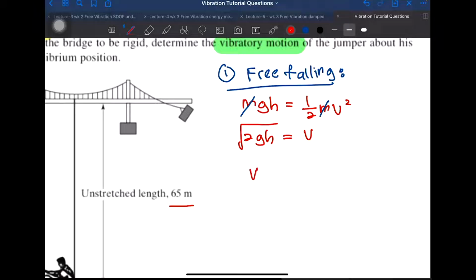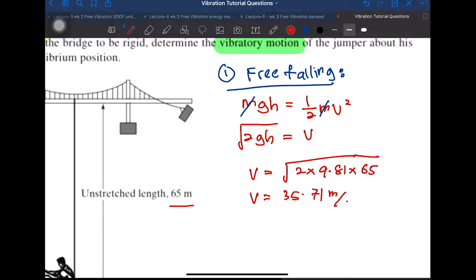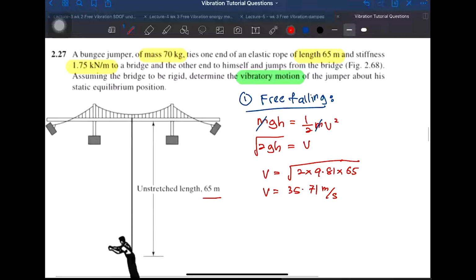So v equals the square root of 2 times g, 9.81, times the height, 65 meters. And then your v will be 35.71 meters per second. Now we already have the v. So next, since we are going to use the formulas,